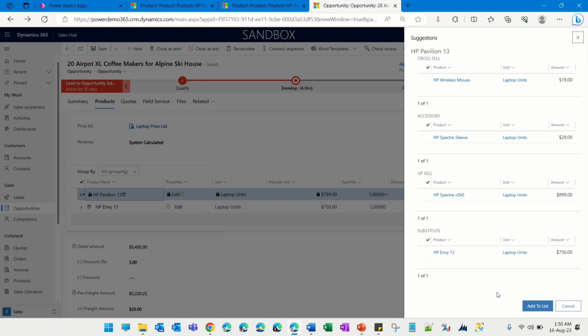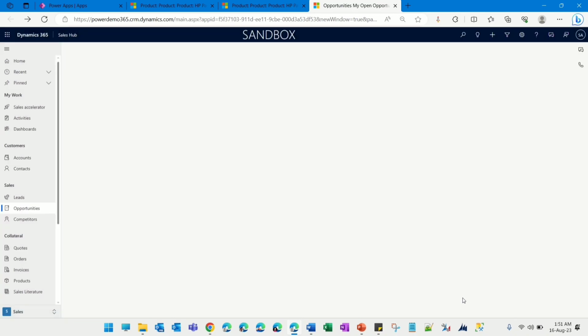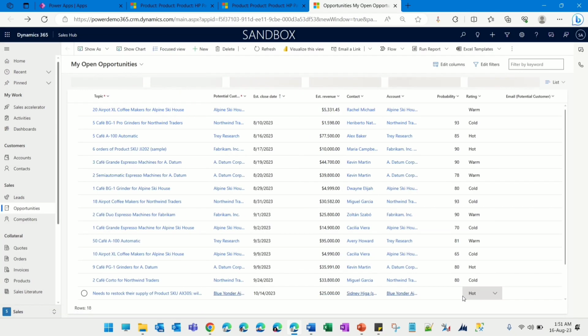So it comes in handy. The agent does not have to keep this in his mind every time. He just selects, and with that help, he can sell those particular products to the customer. So once I do that, I can select whatever I want. Let me select a mouse and probably a sleeve. I have to add it to the list. Once I add these two products to the list, the amount will change again. So as in I have done that,